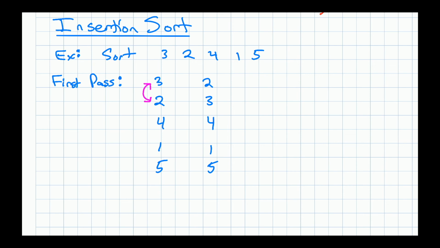And what you know is that the 2 and the 3 are in the correct order. Now they're not done, but they're in the correct order, because we just swapped them because they were out of order. So then what you're going to do is figure out where the 4 goes in that